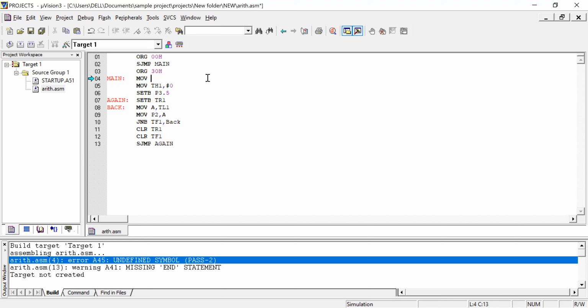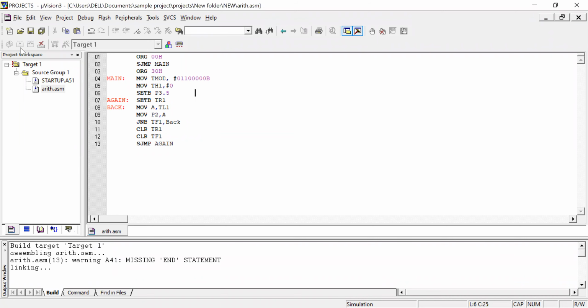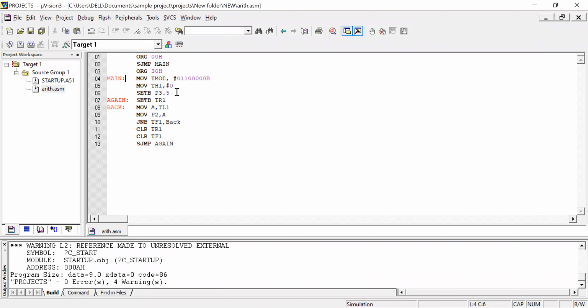If you feel uncomfortable, you can rewrite the same instruction. You can rewrite TMOD in binary form, 8-bit binary value, with the B suffix. Now you build this, so there is no error.